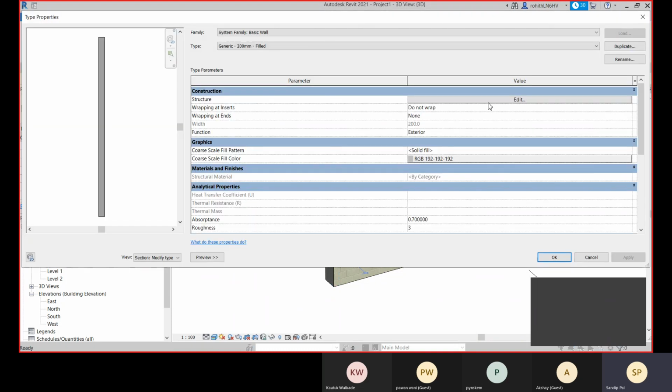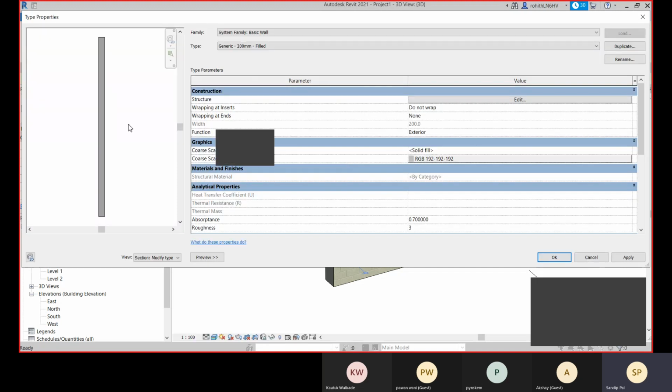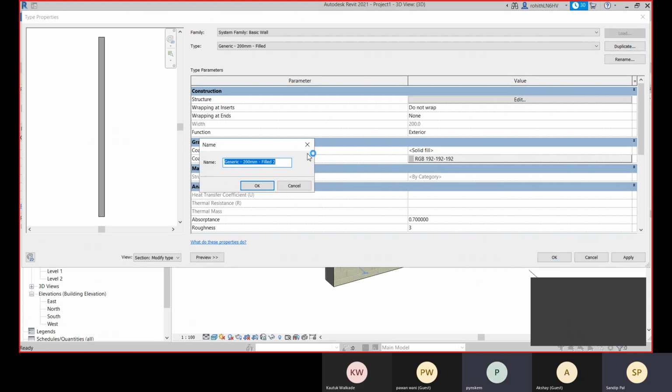Now tell me, what is the thickness of your lintel? Anybody? So about 100 mm. Sorry? 100 mm, sir. Thickness 100 mm. Are you sure?